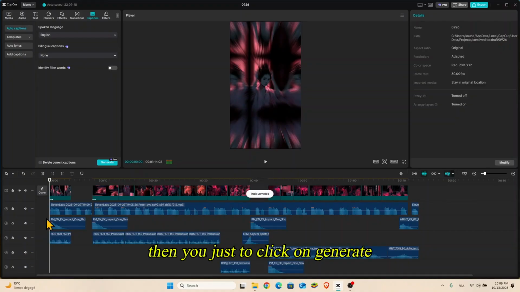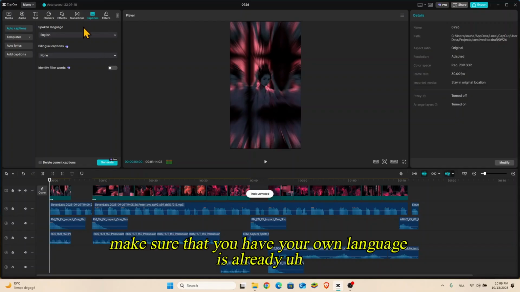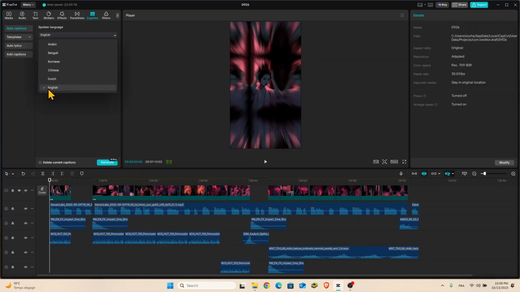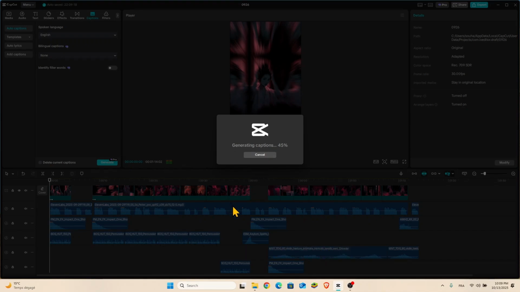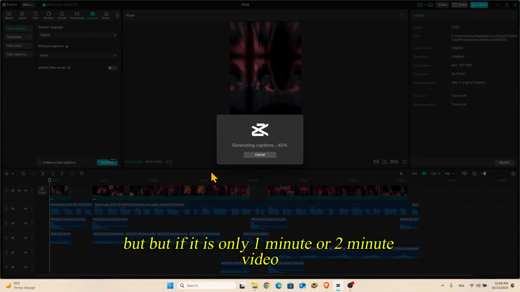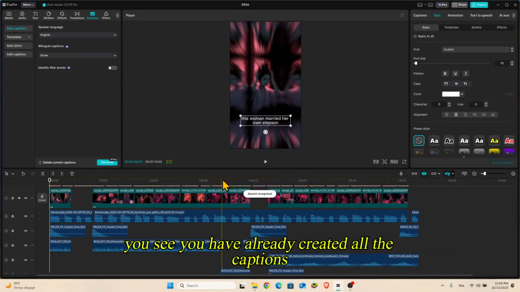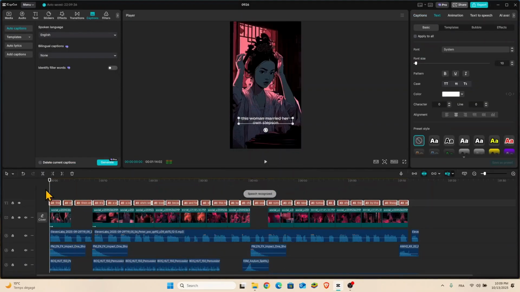Then you just need to click on generate. Make sure that your own language is already selected. Then you need to click on generate. It will take a couple of seconds. It depends on the duration of your video, but if it is only a 1 minute or 2 minute video, it will be so quick. You see, we have already created all the captions